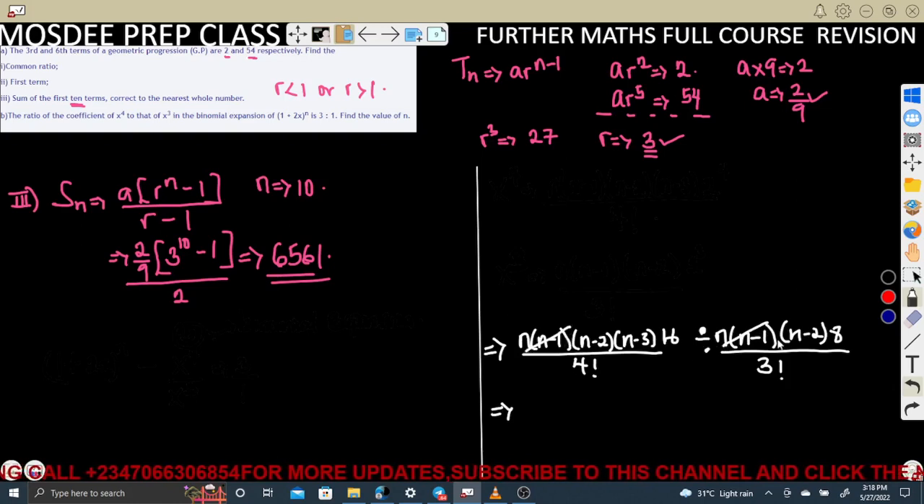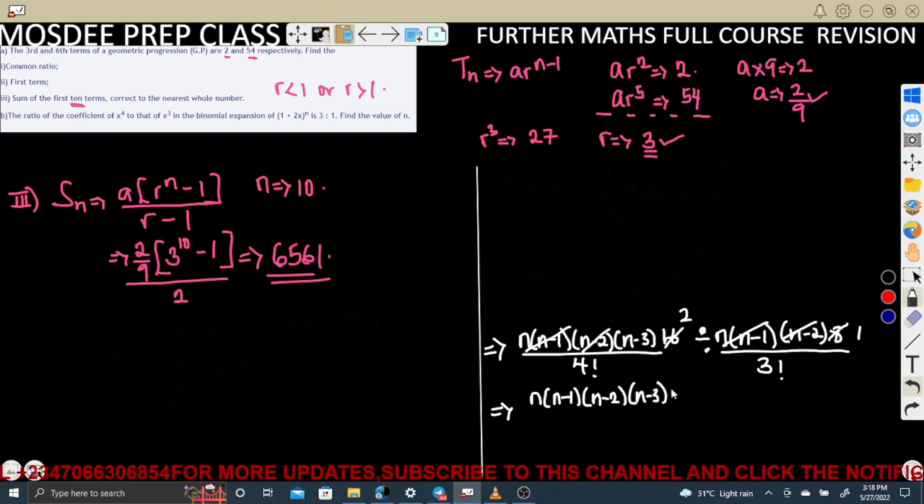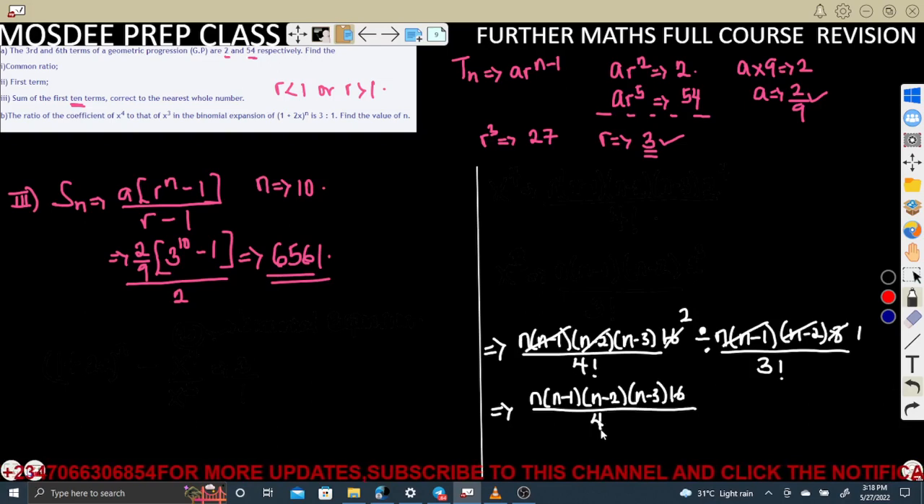This gets cancelled out. This gets cancelled out. And say 8 here 1, 8 here 2. I hope you understand what I'm trying to do. Because when I turn this one to division, all those things have cancelled out, I should show you. This is n minus 1, n minus 2, n minus 3, multiplied by 16 over 4 factorial, which is